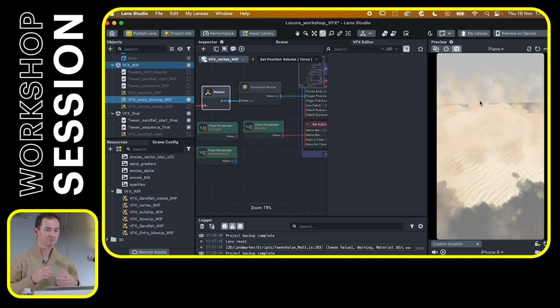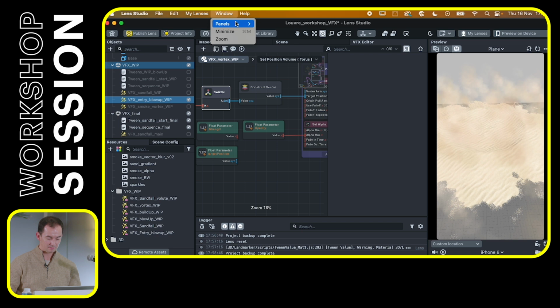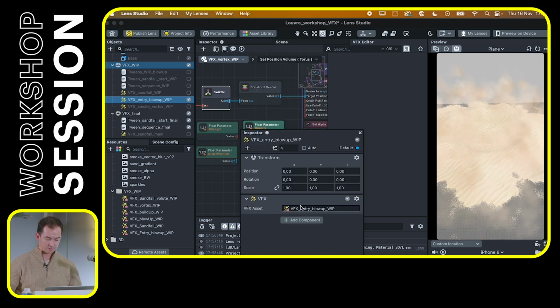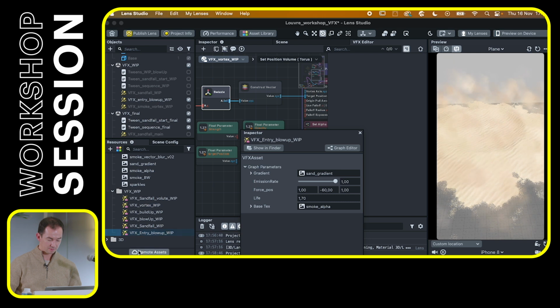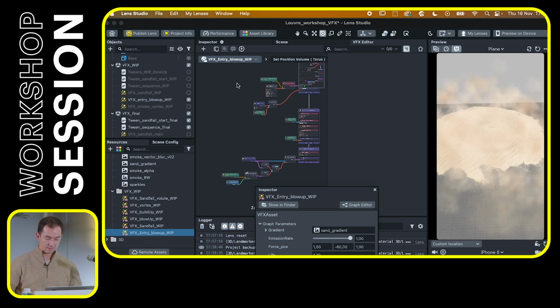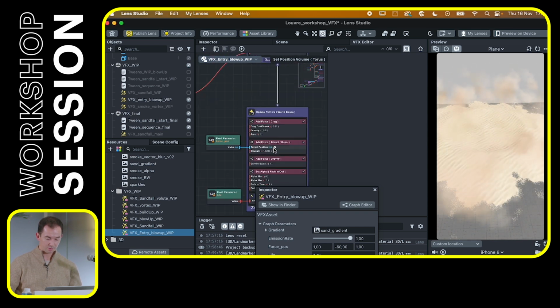So yeah, basically I want a bit of a blow up, a bit of a sand explosion when it comes out. And also I wanted to show you how to get a parameter from the VFX animated via Twin. So yeah, you can just select this one, go inside. Again, everything is already set up in this one. I just want to show you what